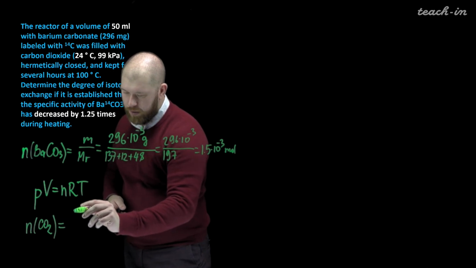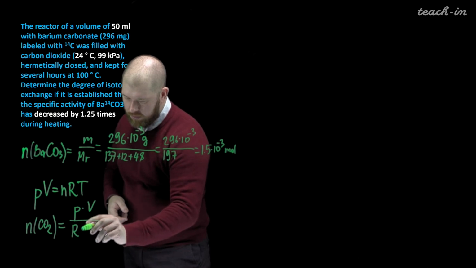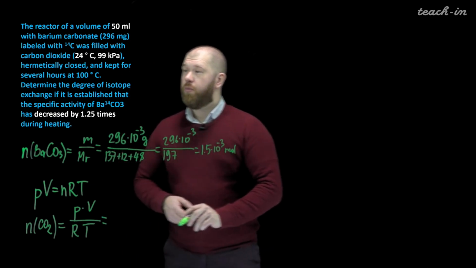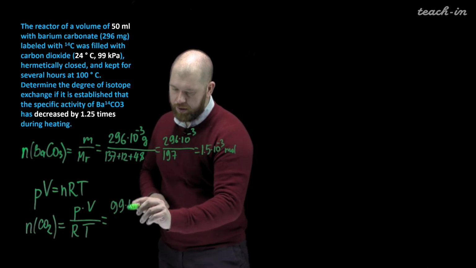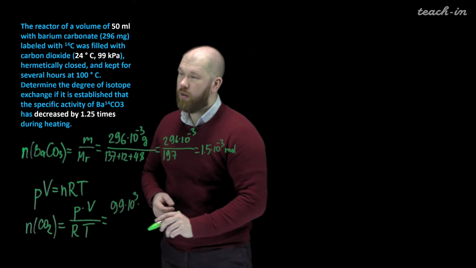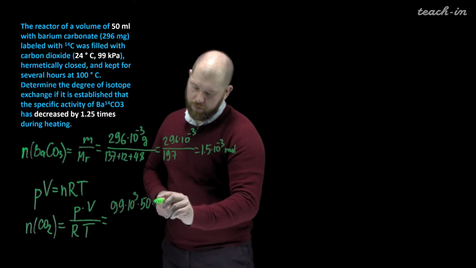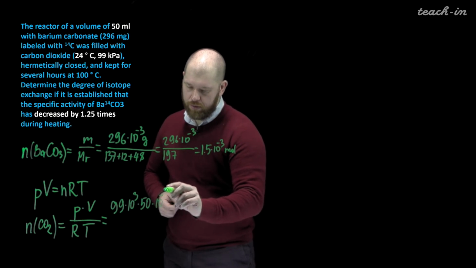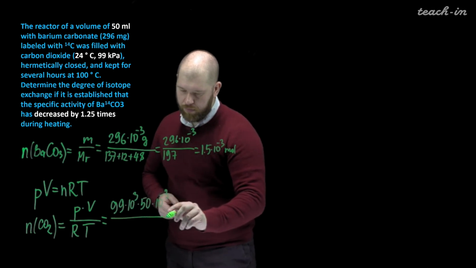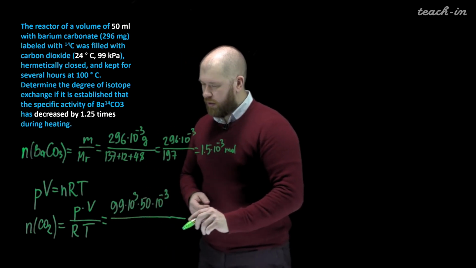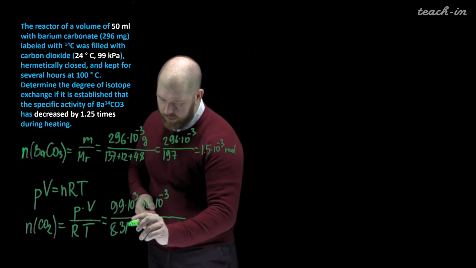So it will be pressure, volume, divided by this. So pressure is 99 kilopascal, so 10 to 3. Volume is 50, but we have to convert it to liters. This constant is